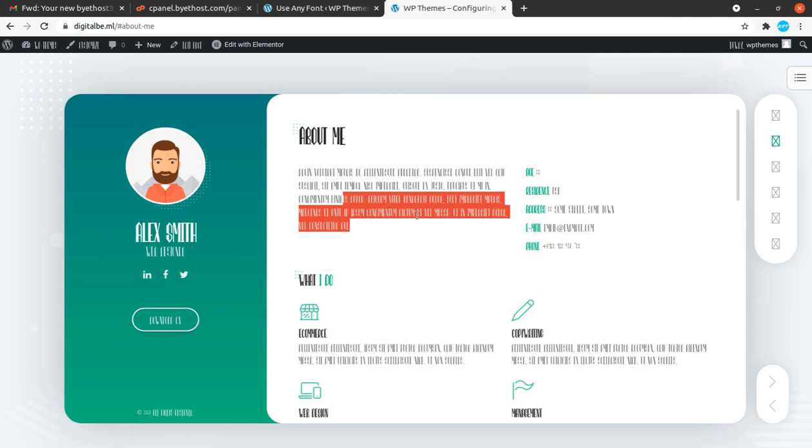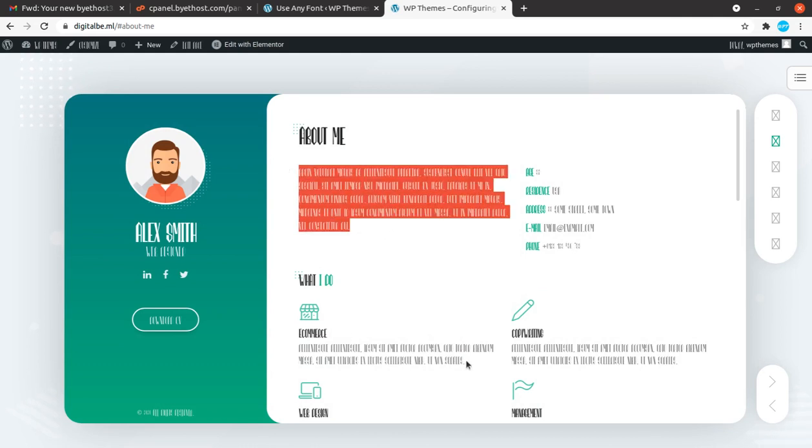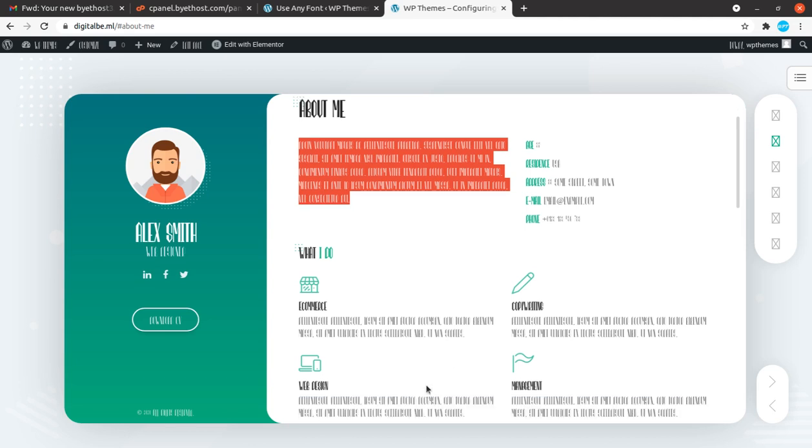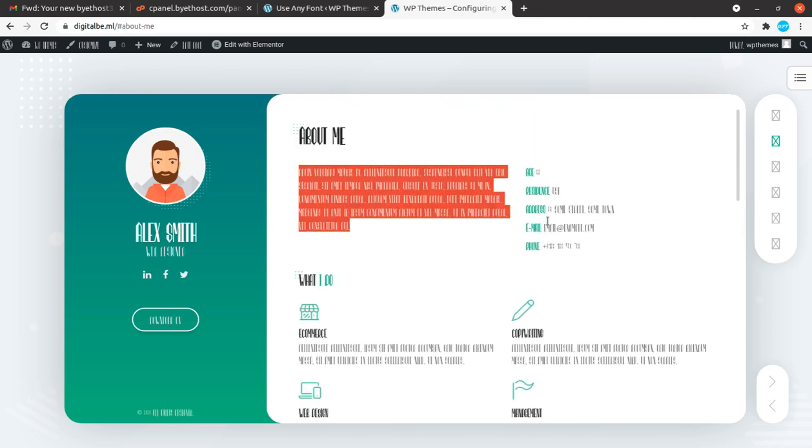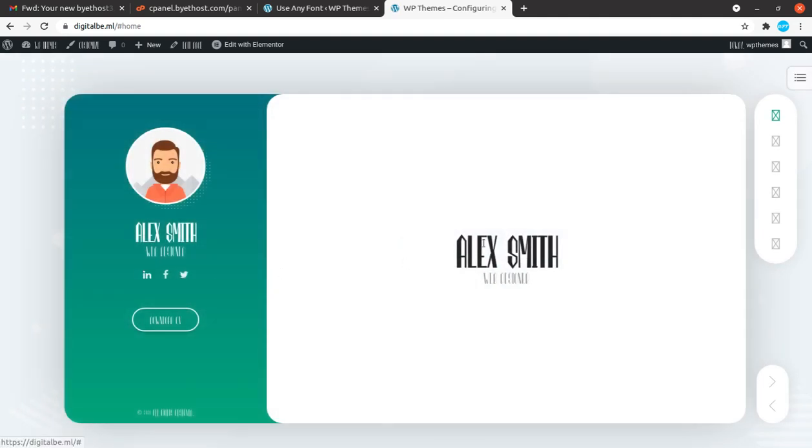However, it is not readable, but it is just a demo. So if the Marianne font is working fine, the display will be very good, and it depends on your uploaded font. But yes, you can see the areas wherever the bold titles have been used, Marianne font is looking suitable.